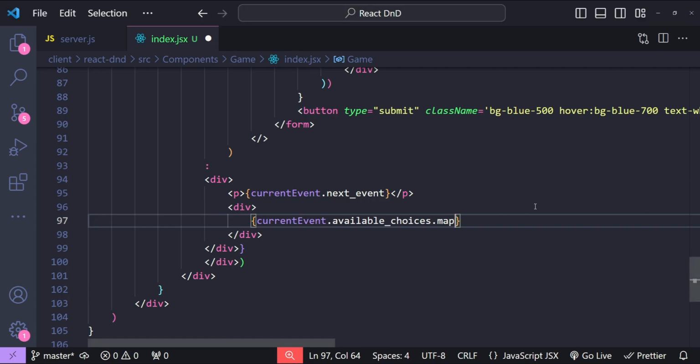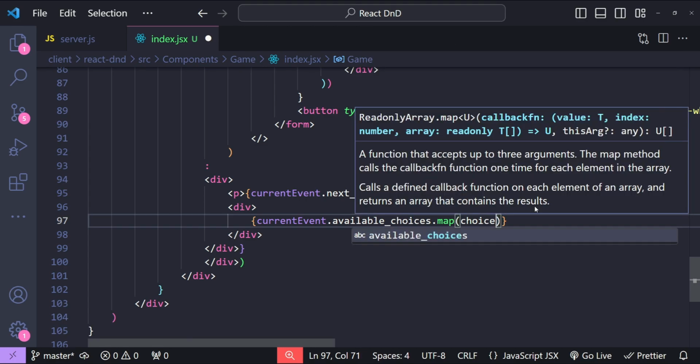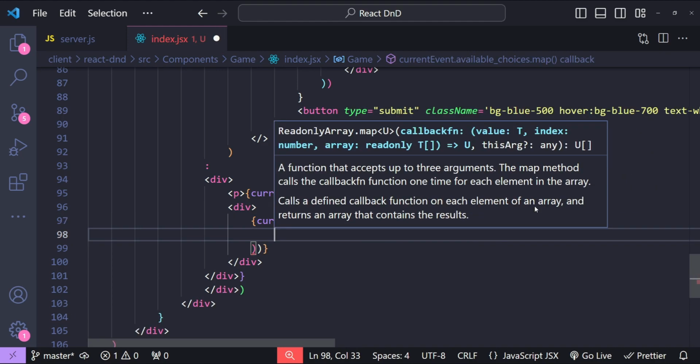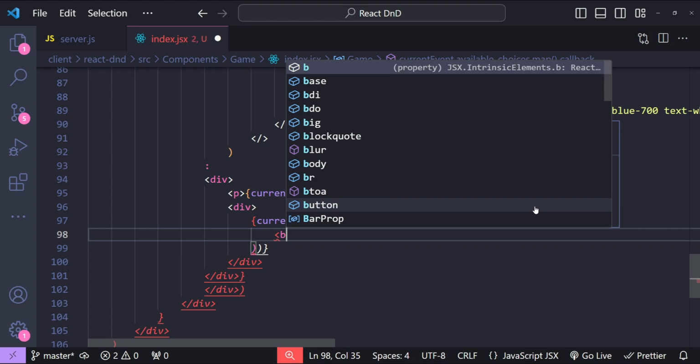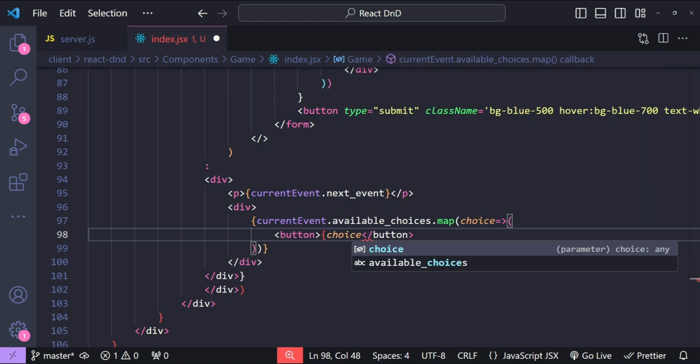So available choices dot map, and the callback function is going to have the argument for each choice within each iteration. So let's return a button, a clickable button for each choice,